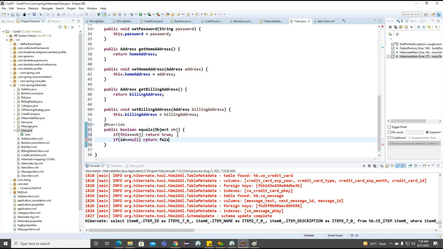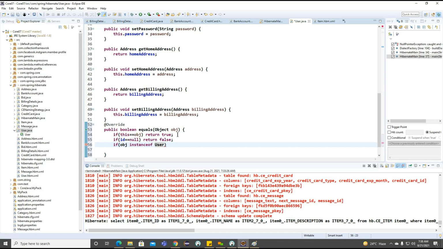Now we can return false here, and we can make one more condition. If you observe, if this particular obj is an instance of User, we can return true.